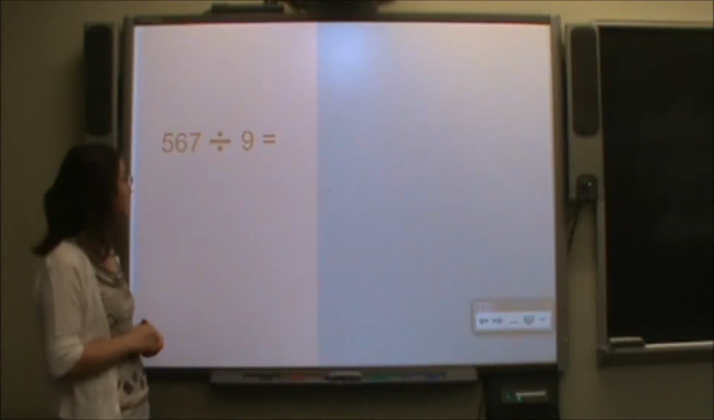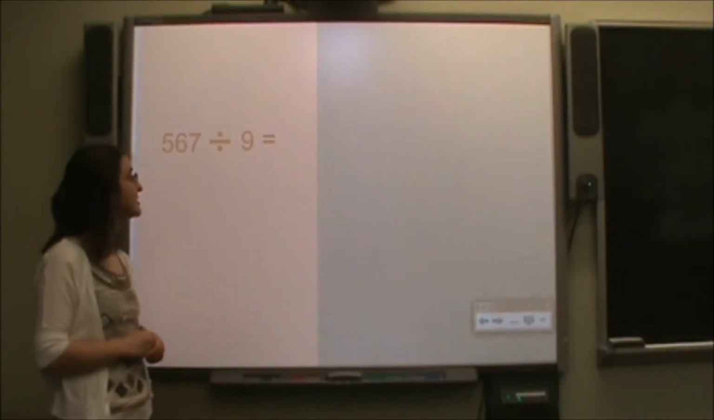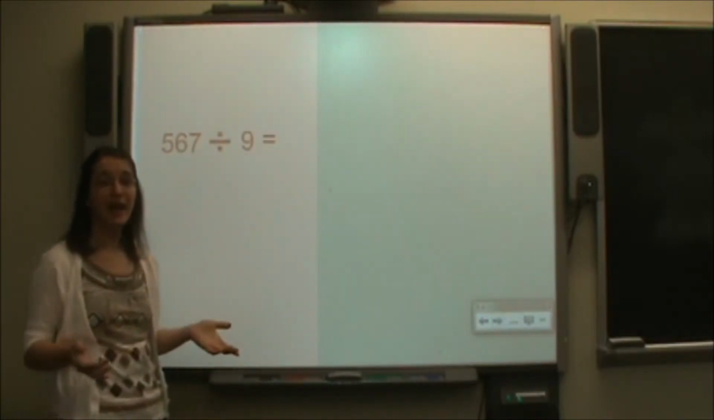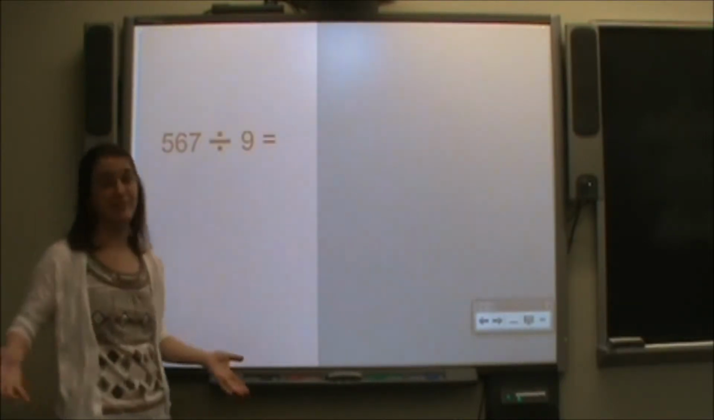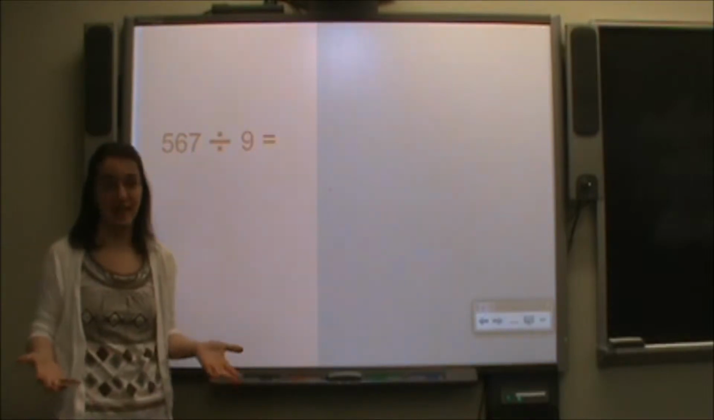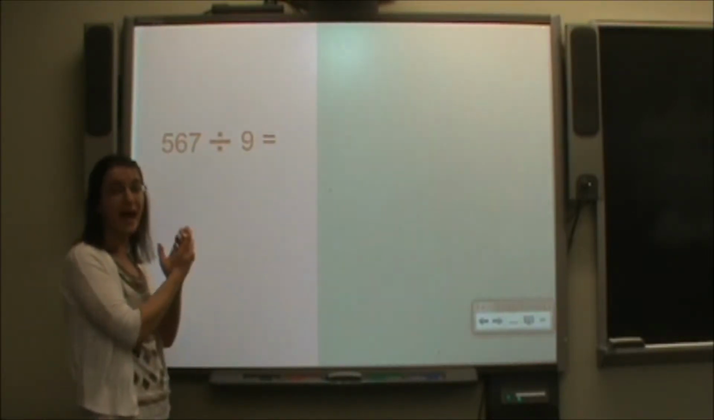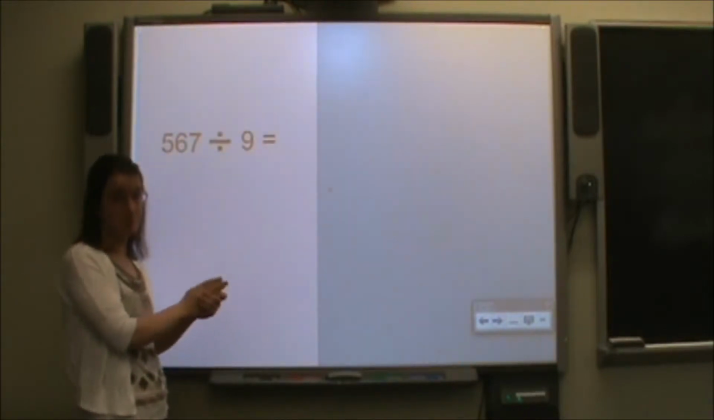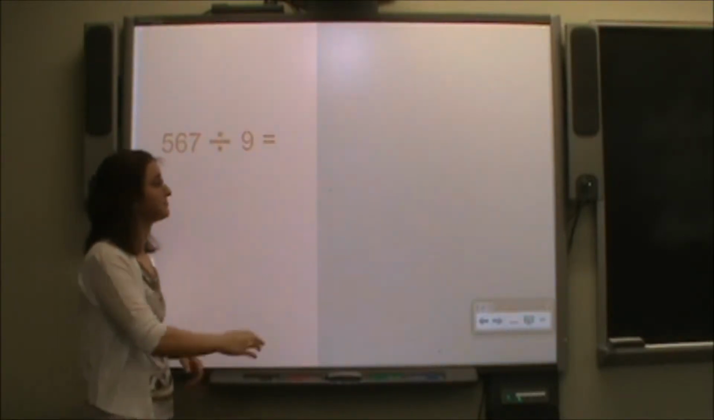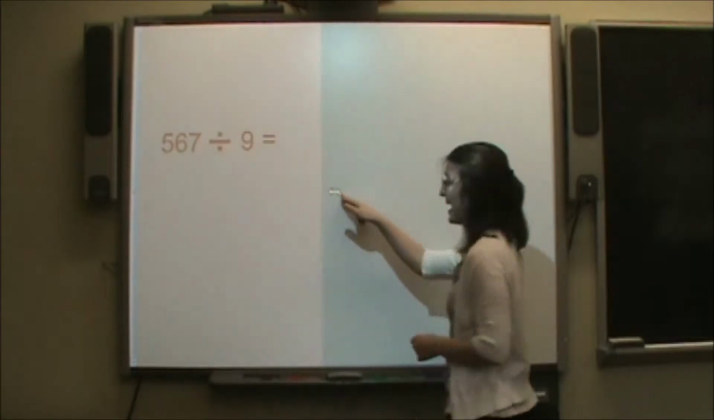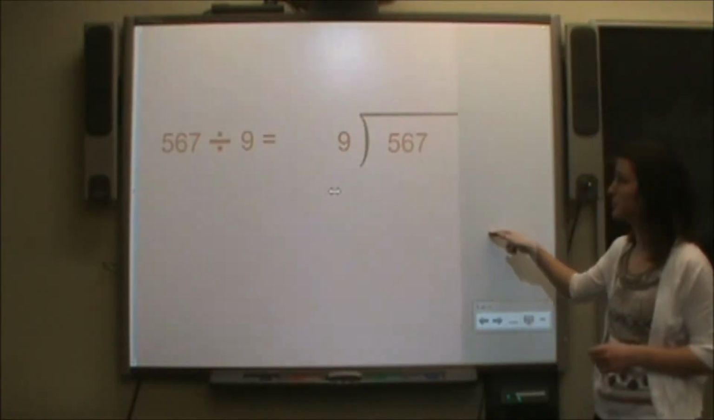So the first problem we're going to look at is 567 divided by 9. So what that is really saying is we have 567 of something. And we're going to be dividing that into groups of 9 and seeing how many equal groups of 9 we can get. And the way we're going to write that in order to be able to use partial quotient